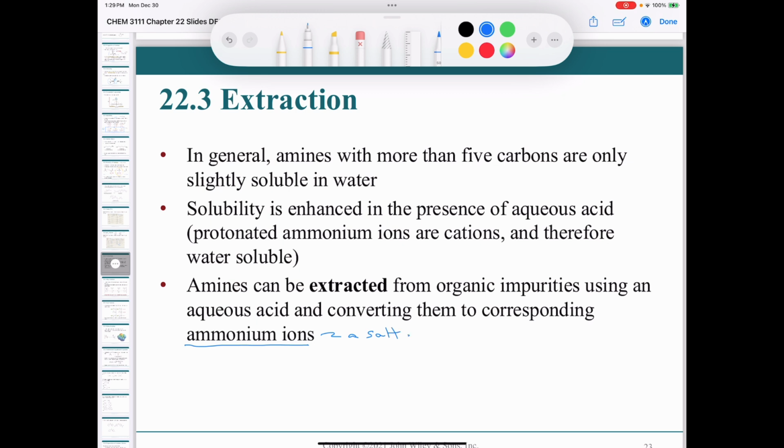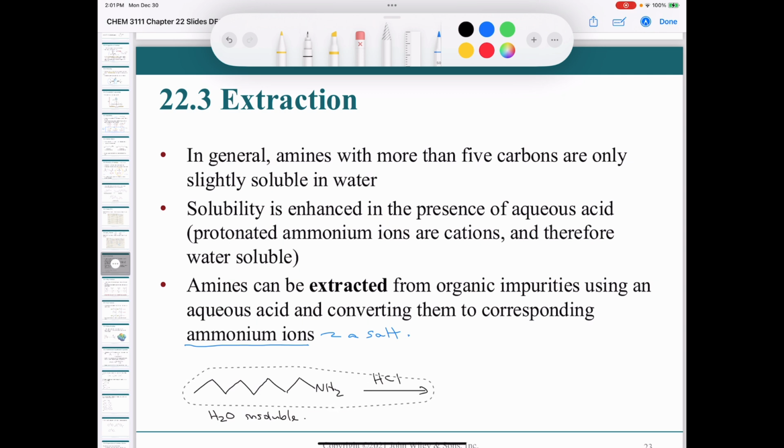Let me give you an example. Let's say you had something like, I don't know, octylamine, 1, 2, 3, 4, 5, 6, 7, 8, okay? So let's say you have 1-octanamine or octylamine, whatever you want to call it. This is going to be water insoluble, okay? If it is soluble in water, it's going to be very sparingly soluble. However, the compound would be soluble in organic solvents. And so the question is, how do you make it soluble in water? Well, you could treat it with an acid like HCl,